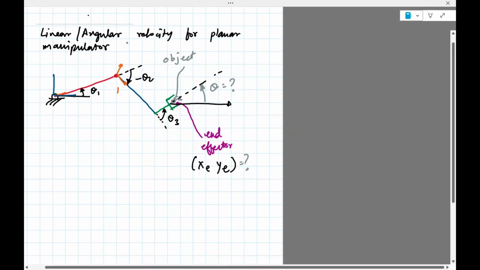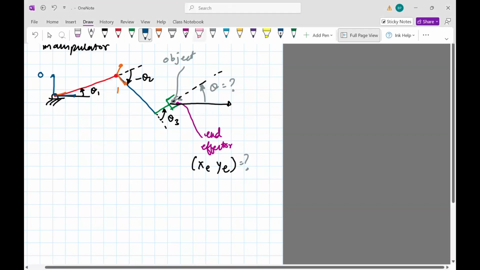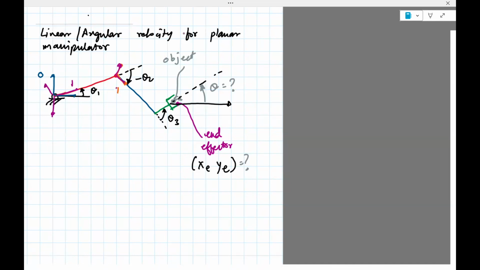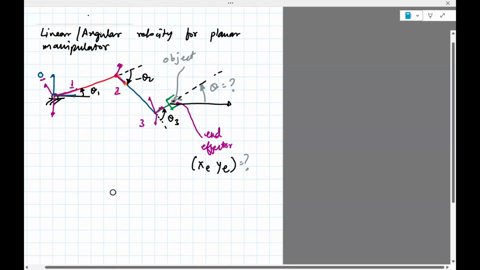Frame 0 is always fixed, and then frame 1 would be the one which is along this, and then frame 2, and then frame 3. Right? So frame 0 is fixed, it's not moving. Frame 1 is the one which is attached to theta 1, frame 2 for theta 2, frame 3 for theta 3. Okay, and the question here is we need to compute